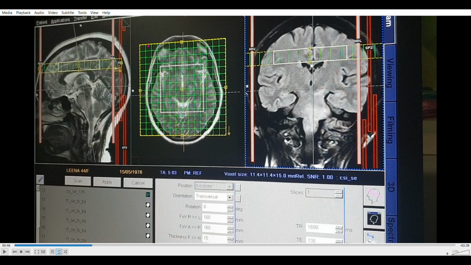On your screen you will get a voxel indicator. This is called a voxel indicator. You can see a large square box which is marked in yellow color. Inside it you have green lines running both in rows and columns. You have a larger square and a smaller square here. Imaging is done within this white square. That is the principle of chemical shift imaging or multi-voxel acquisition.